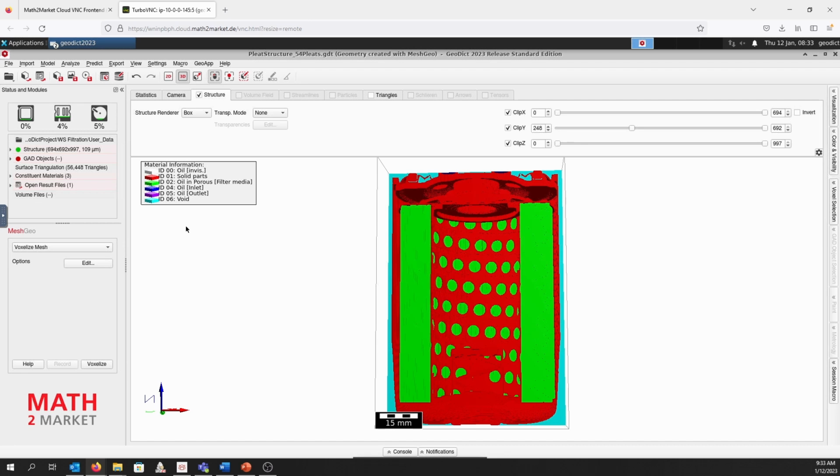Also, the structure generation can be automatically scripted by Python. So this generation of the pleat, the variation of the parameters can be set as an array of changed parameters, and everything would be done in GeoDict. Of course, the input parameters would need to be given once. The import filter CAD needs to be checked once that everything is correct. But for this purpose, for example, you could also use one of the saved structures which already have all the inlets, outlets specified.